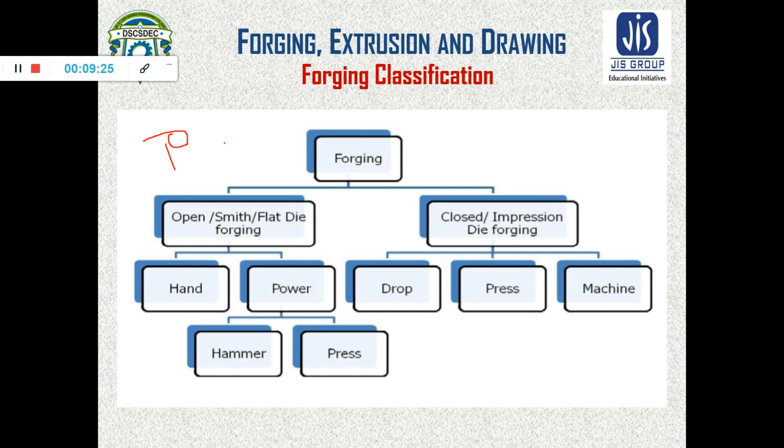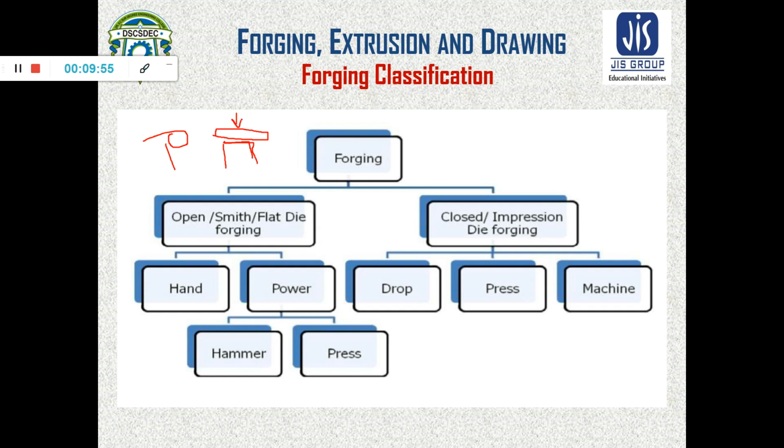In case of open die, flat die, or smith forging, what happens? There is a flat bed, that bed is called anvil. In the anvil, the material or material stock is placed, and by using hammer or by using press, the impact force is given on the workpiece.